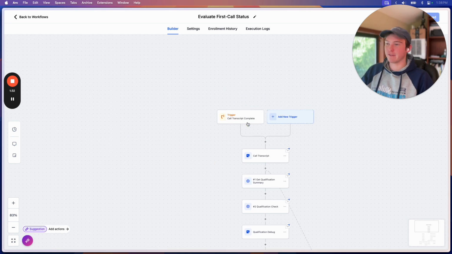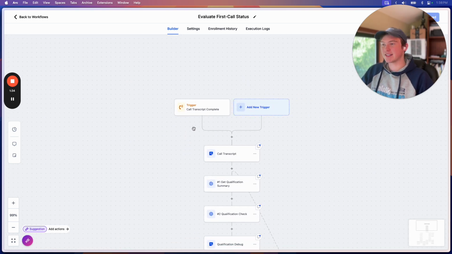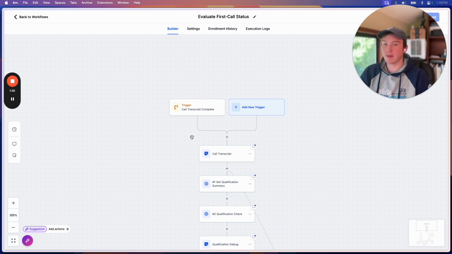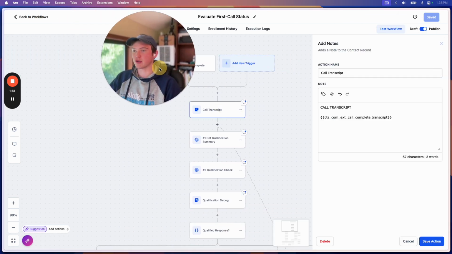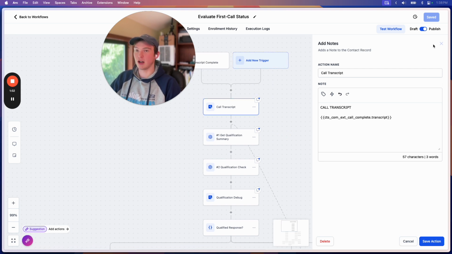And what we have here, first of all, is this trigger. This is actually an app I built. Basically what it does is it grabs the transcript and formats it so that ChatGPT can read it. And what we're doing here is we're putting that transcript into the notes. So this is basically just for debugging. As you're implementing this workflow and seeing how ChatGPT behaves and how it interprets conversations, you probably want to see a log of what it's thinking about.